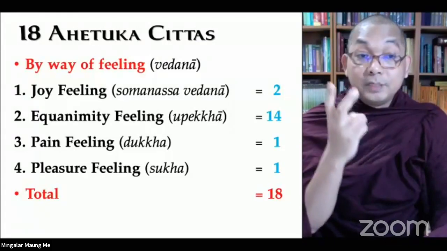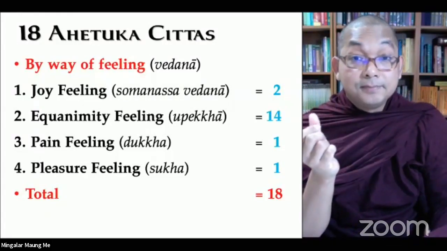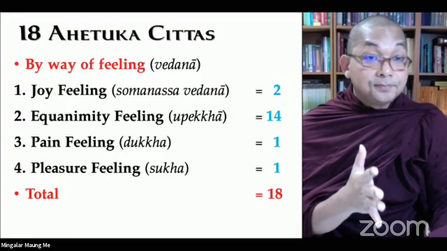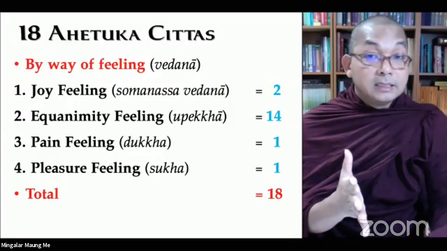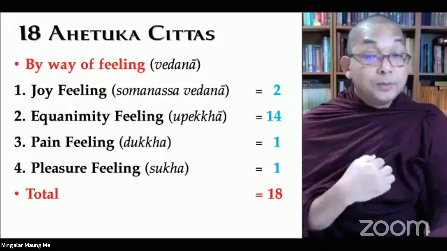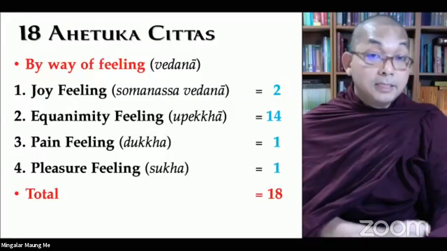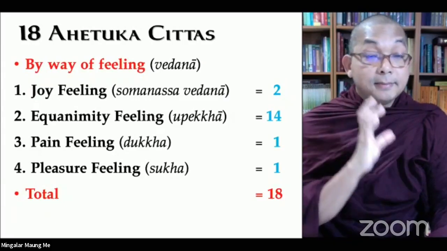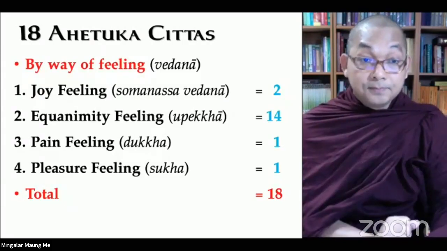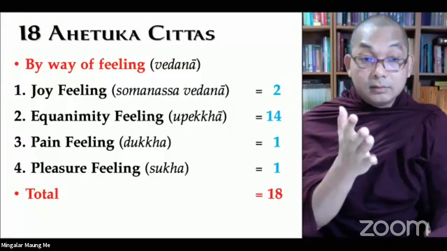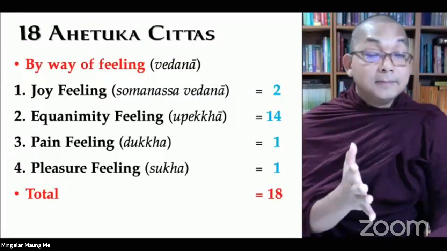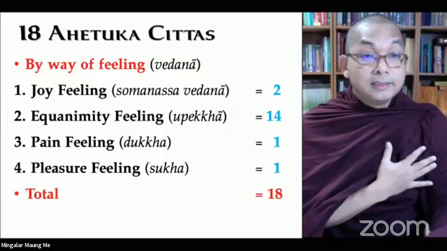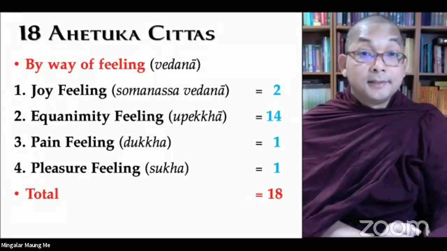And also we have two types of pain feeling. We have displeasure feeling. Displeasure feeling arises in the mind. Suppose when you are thinking about unpleasant people in your mind, then displeasure feeling will arise. That is in the mind, according to here. Then painful feeling, pain feeling. So when you experience an unpleasant thing with your body, then pain feeling will arise.